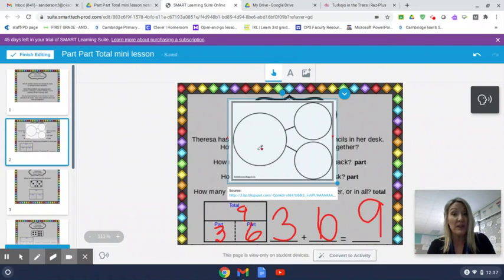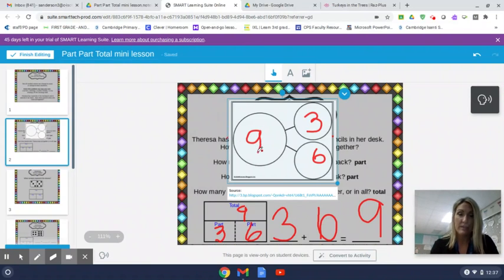Sometimes you might know what the total is, or the big number here, and you have to find the other part. So for this story, Teresa had 3 pencils in her backpack and 6 pencils in her desk. And when you put 3 and 6 together, that makes 9. Okay? So that's